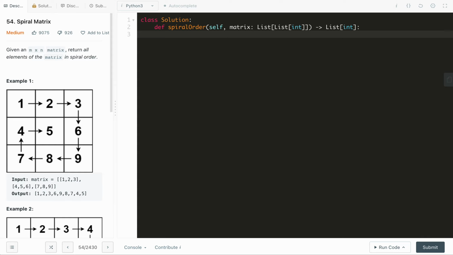Completing LeetCode 54 today, Spiral Matrix. The prompt says, given an m by n matrix, return all elements of the matrix in spiral order. So what this means is, given an array of arrays of numbers, we want to basically traverse this matrix in